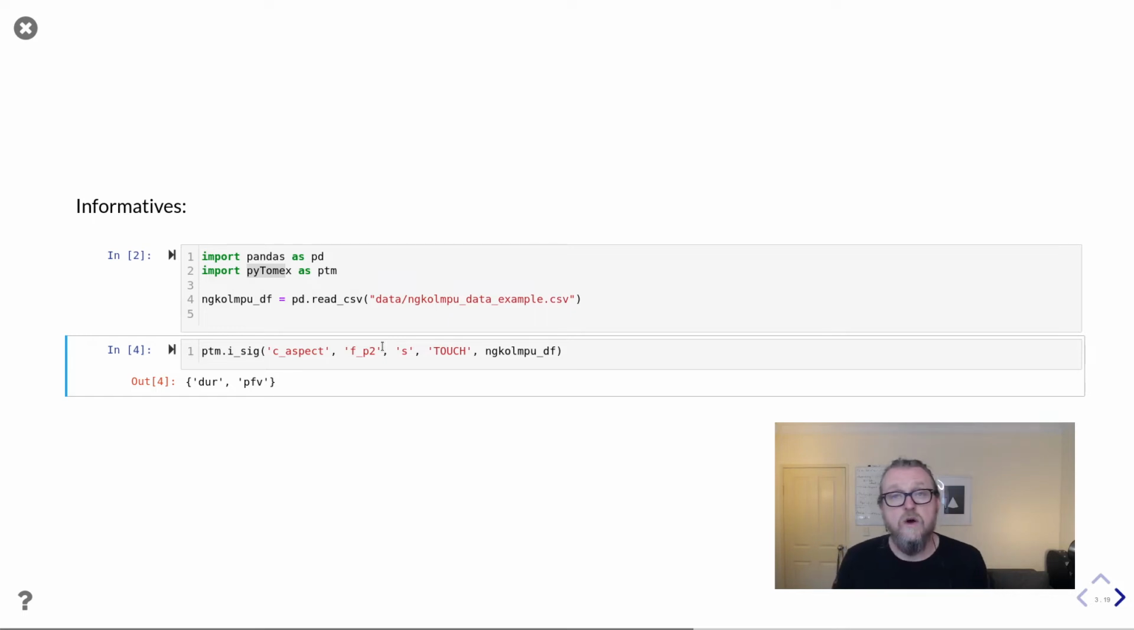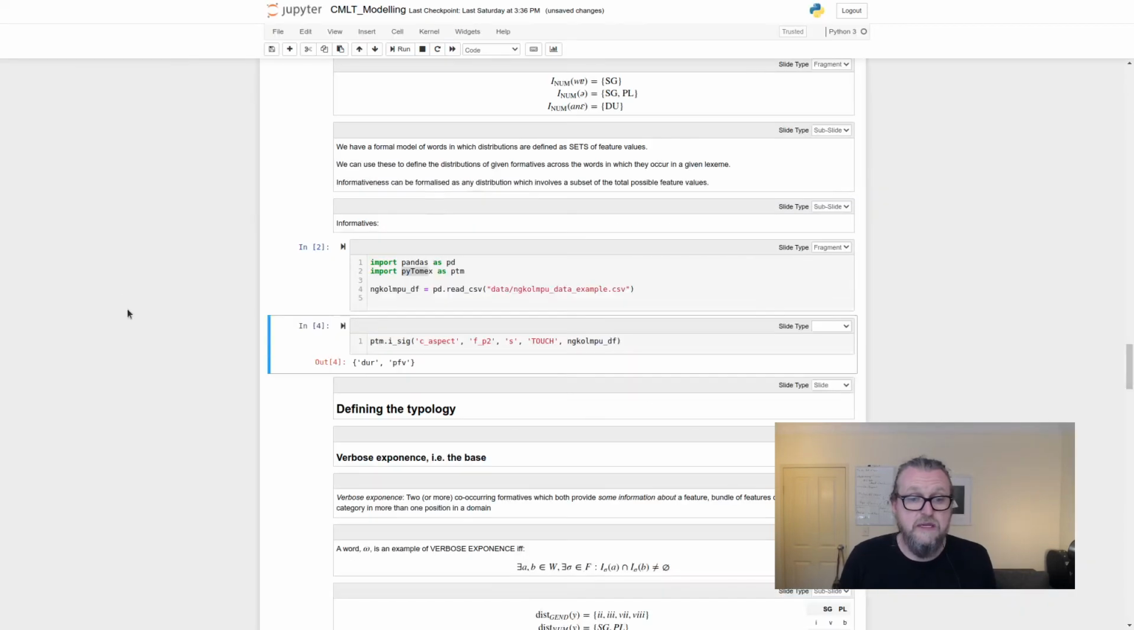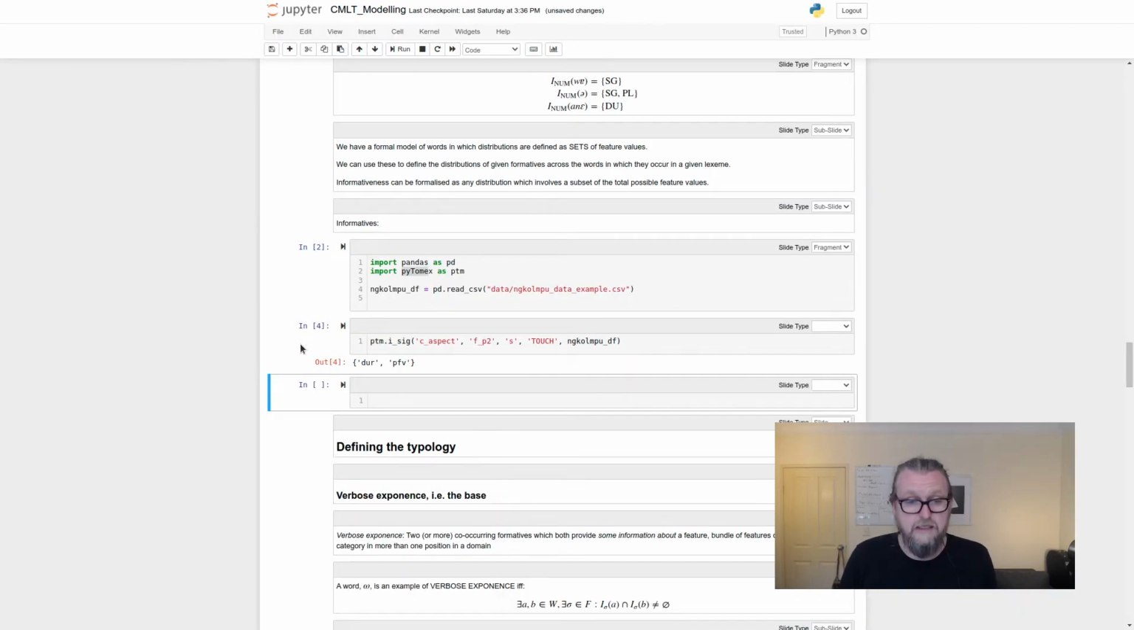I'm not going to go through the whole Ngolable paradigm, but you can see here, so what we've been able to do now is we can already go through a massive data set, and we can classify all of the features and values across the entire language. So let's, I think we might even play with this a little bit more. So we might say something like PTM